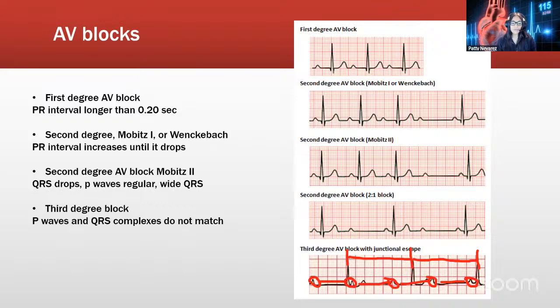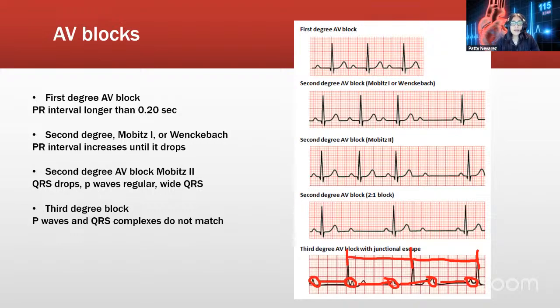So when we see this rhythm, another thing that you can see here is the heart rate is very low. And so in second degree type 2, it slows down a little bit. Okay, so first degree: the PR interval is longer than regular, longer than normal, longer than 0.20, but it does have the rhythm. It is firing at the same distance,